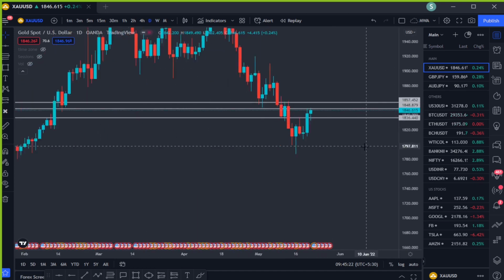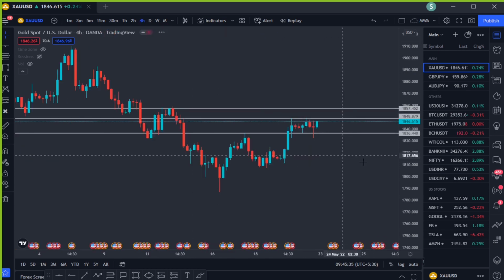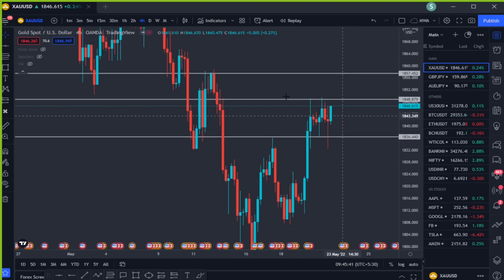On the daily we are bullish, but we are below a level. If we get a daily candle closure above this level, then we are expecting the price to move to the next resistance. But still, because the last daily candle closed bullish, we are looking for long trades only. On the 4 hour as well, the last 4 hour candle closed bullish above the resistance, so we are expecting the price to continue higher,